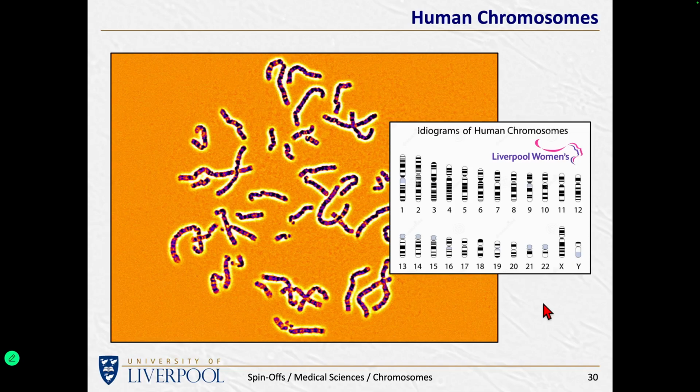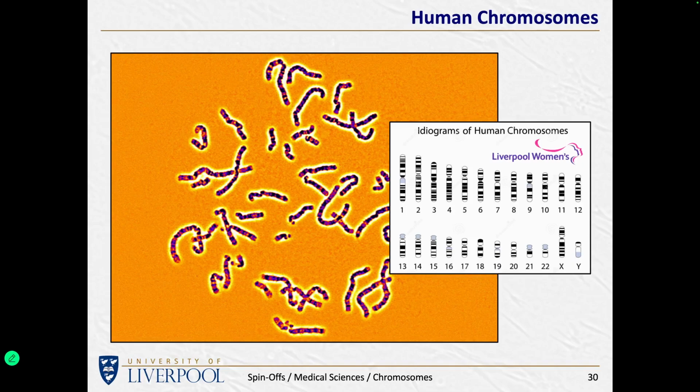So that would mean you would need to take lots of different images from lots of different cells, all of which in principle have the same chromosome set, but are randomly oriented relative to each other, and therefore would hopefully not all have the same block of one chromosome hiding a chromosome beneath. But trying to correlate all that information, trying to tell from all of these perhaps hundreds of images, have we actually got all 23 chromosomes and are the banding patterns matching up correctly to indicate that there are no chromosome abnormalities? That is actually a very difficult problem, which is why at the moment the work is done in the